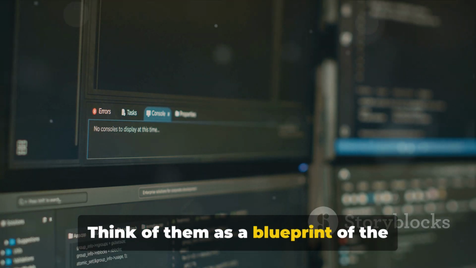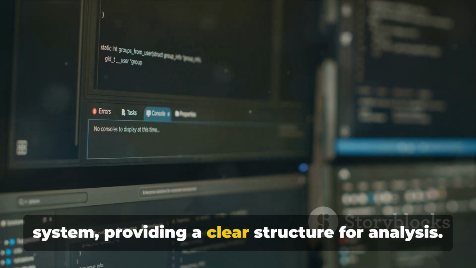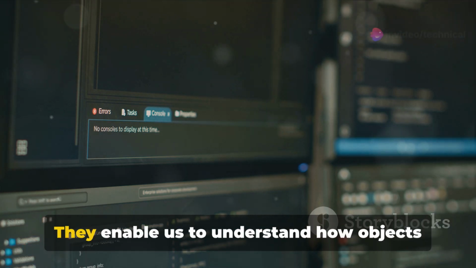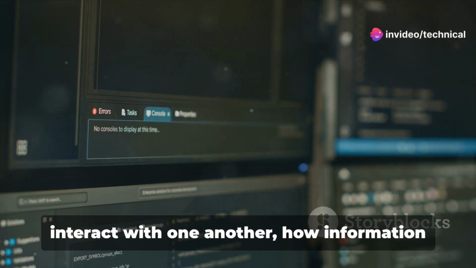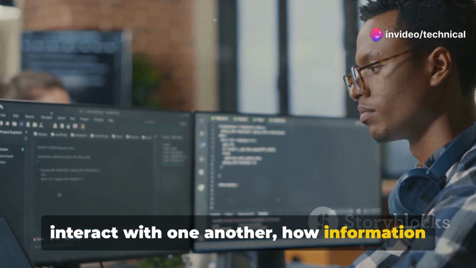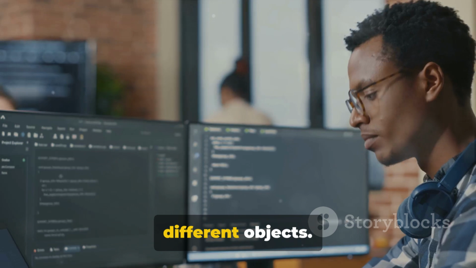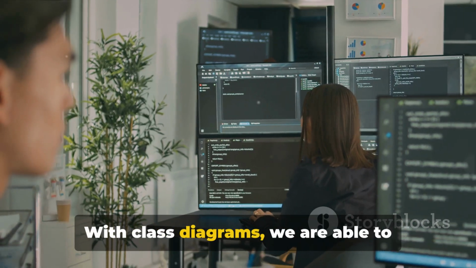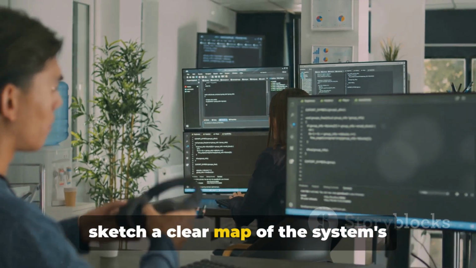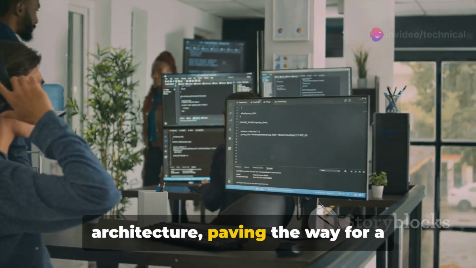Think of them as a blueprint of the system, providing a clear structure for analysis. They enable us to understand how objects interact with one another, how information flows within the system, and how responsibilities are divided among different objects. With class diagrams, we are able to sketch a clear map of the system's architecture, paving the way for a